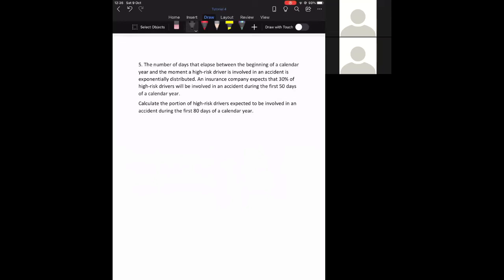So for an exponential distribution, we should keep in mind the PDF. The PDF of an exponential distribution is lambda e to the power minus lambda times x. Over here, we have one parameter lambda, and we know that